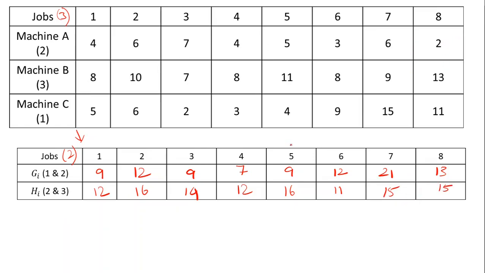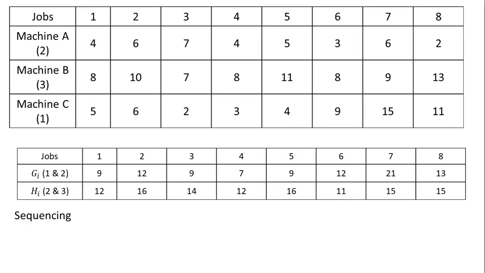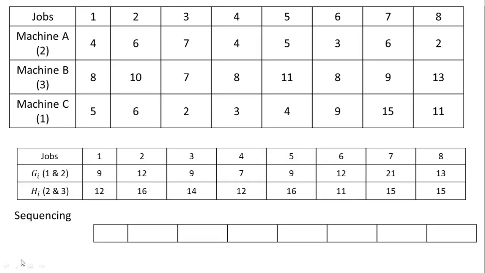Now what we have done is basically we have converted the 3 mission to a 2 mission problem. So now the same tabular column is present over here. Based upon this, now we are going to go for the sequencing operation. So now we have to just adopt the basic terminology. Starting from my left hand side towards the right hand side, we are going to fill up all the GI mission values, and then starting from the right hand side towards the left hand side, we are going to fill all the HI values.